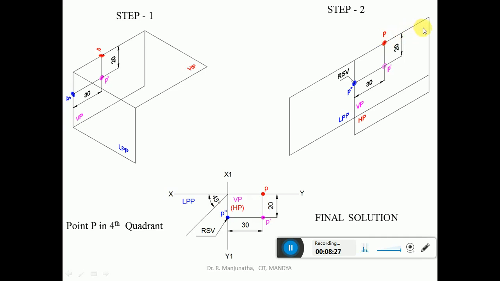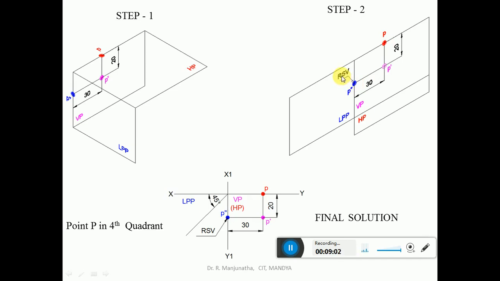Then when you look from the right side view, you can see the distances of both the front view as well as the top view. You project the front view distance directly onto the profile view, and when you project the top view distance, it will come to the origin, and from here it will be drawn with the 45 degree line. So here it comes down and cuts the intersection of both the front view distance and the top view distance. So you're going to get this point as P double dash. Since it is in front of LPP, this is going to be the right side view.